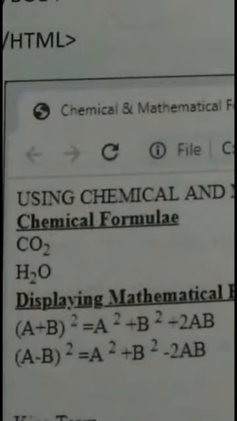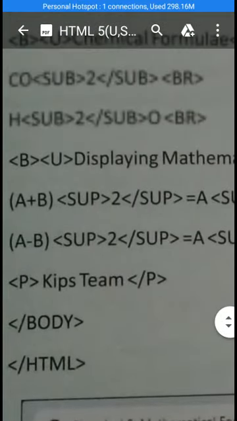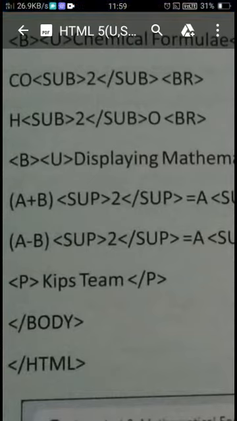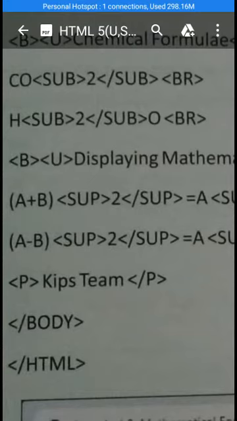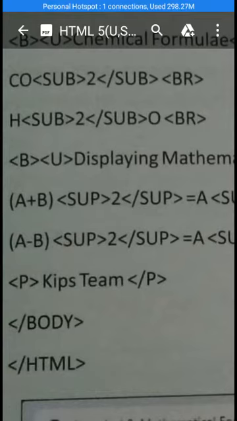Have a look here. CO2, 2 is coming in the base. After that H2O, 2 is also coming in the base of H. In short, if you want to bring a text to the baseline of the other text, in that case you will use the sub tag.